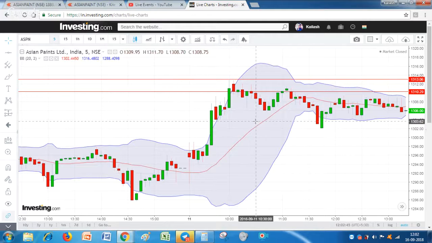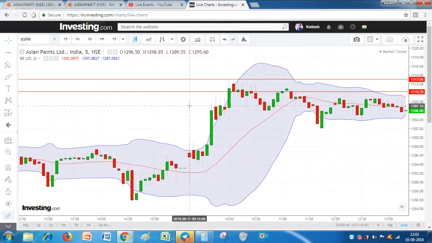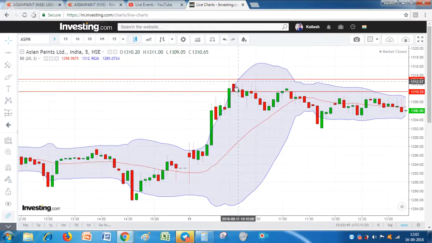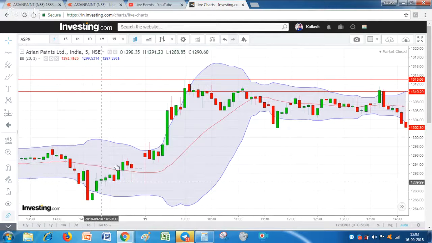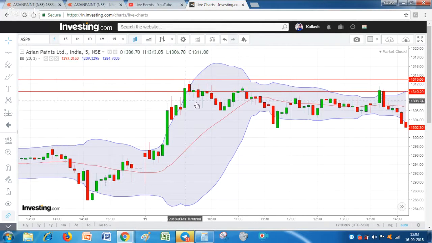So friends, before taking any trade, we should decide how much risk there is and how much reward, how far the stock can go to that level. We have to decide this thing. Hopefully this strategy is also clear, where we should take a buy entry and where we should take a sell entry. But before taking any trade, we should decide our risk to reward ratio.